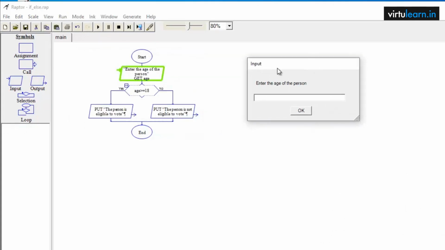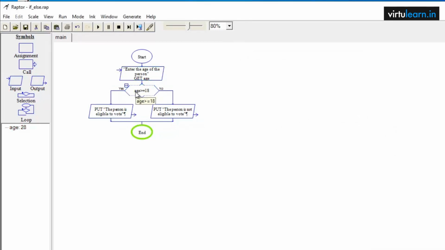Now again it is asking for input: enter the age of the person. So let me take the age of the person as 28 years. As soon as I click on OK, your control will check the condition. 28 is greater than or equal to 18. Condition is true. Then it will go to the yes part and it will print this message. Then it will stop. See here, the control has moved from here and it has checked the condition. Now it is true. The person is eligible to vote. Now we are going to stop it. So this is how we can use the flowchart to check whether